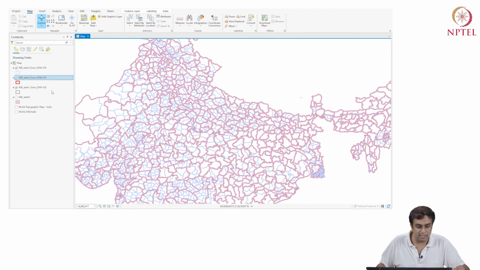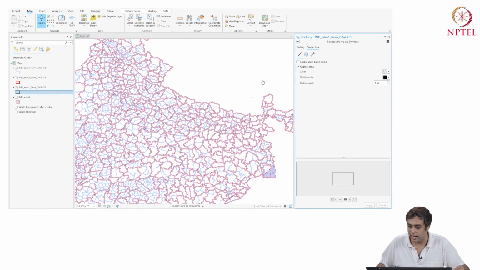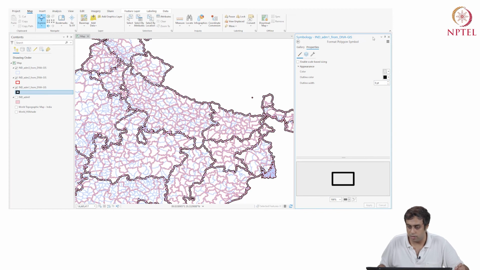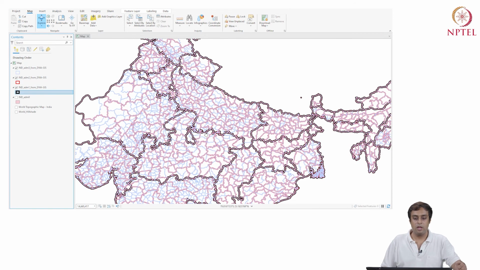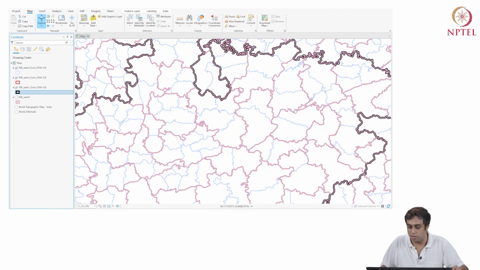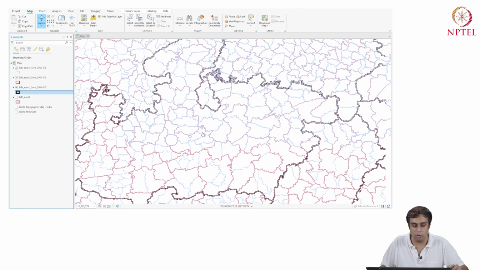All right, so I can't see states. I'm going to go to the state symbology again and I am going to say, I want to also view states. So I'm going to make its thickness the most. Okay, so here we go. All right, so now in black, whenever I see these black hashes, I know that those are state boundaries. Whenever I see the red hashes, those are my district boundaries, and the blues obviously reflect the taluk boundaries.